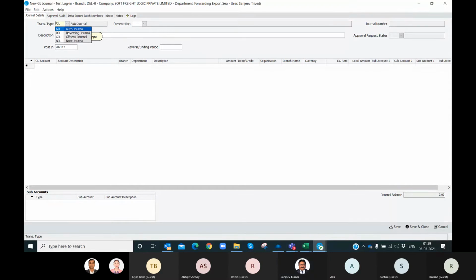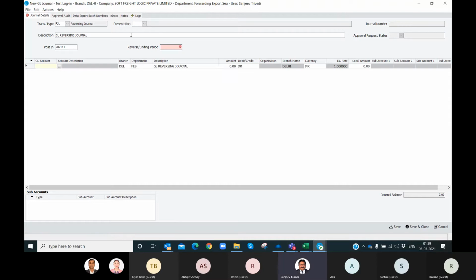And if it is reversing journal, if you select here, it will ask for the post period and reversing period. Suppose 2021-11 means for our login it is February, and 2021-12 is March.